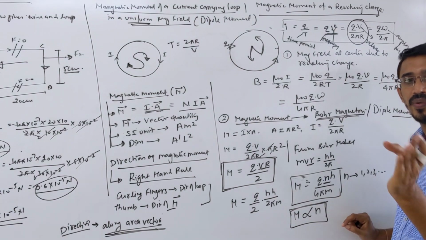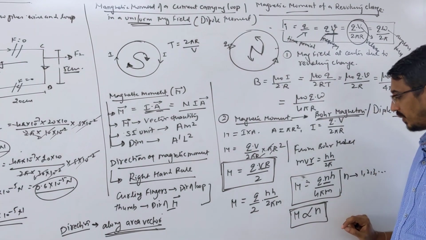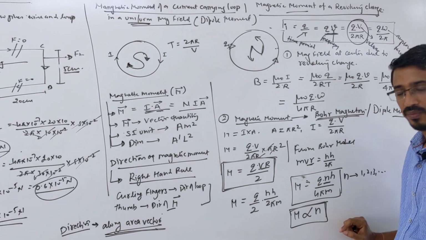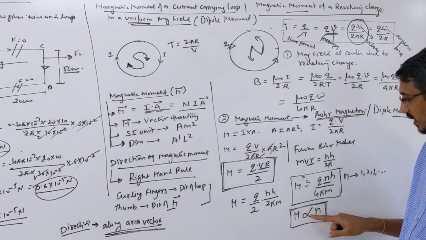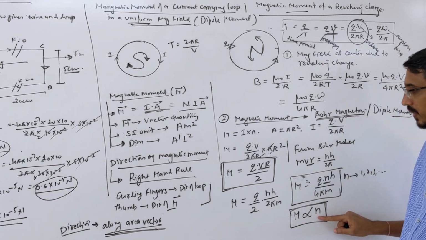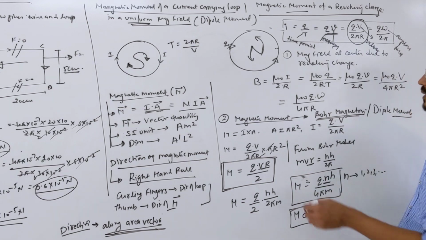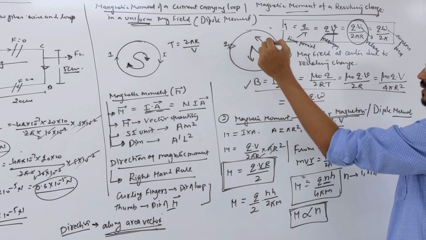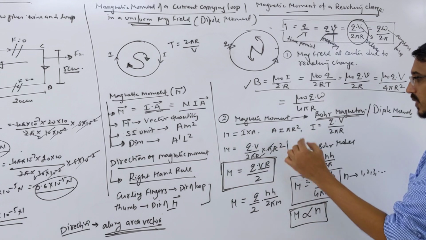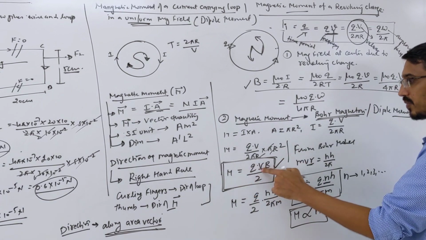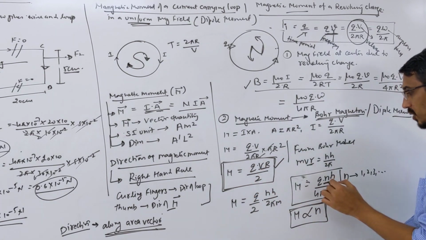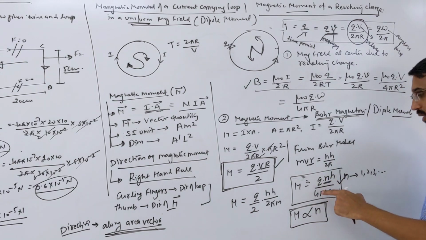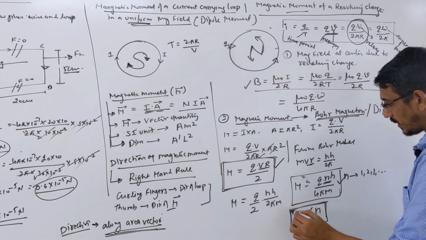Suppose they ask what is the smallest value of the magnetic moment of a revolving electron in a hydrogen atom. Then you have to put n as 1. The first orbit will have the smallest magnetic moment, because magnetic moment is directly proportional to the principal quantum number. This format has been asked many times: magnetic field due to a revolving charge at the center, magnetic moment in terms of velocity and radius, and this one, magnetic moment in terms of principal quantum number. Whatever charge is given, you can put it here.